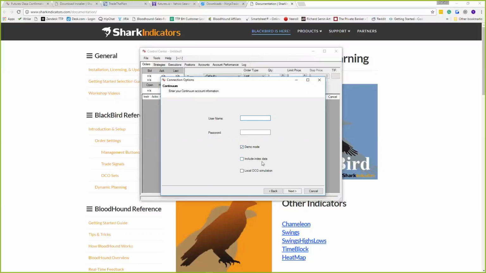And do you want to include index data? I always select these two. And local order cancels order simulation. I believe if you check that, then your stops are not going to go into the exchange. I believe that's right. I need to double check on that actually, but I believe that if you select this box, your stops will be sitting on this instance of NinjaTrader, but will not actually go into the exchange